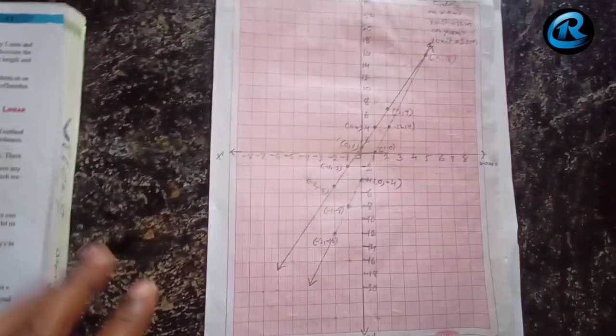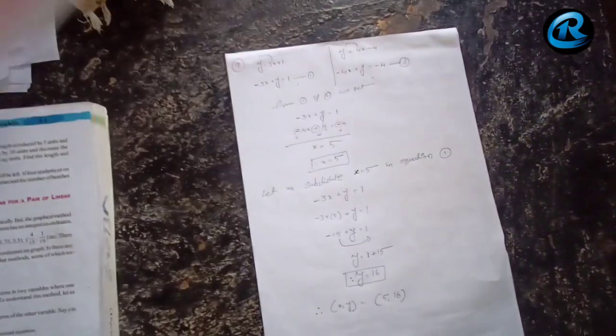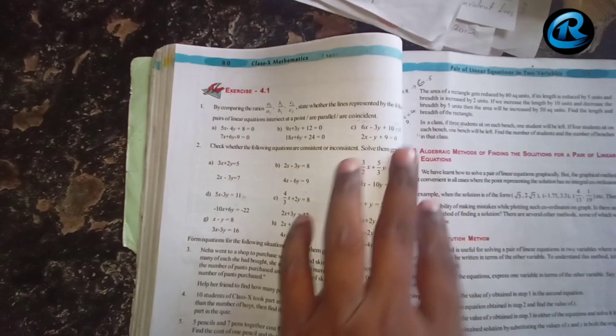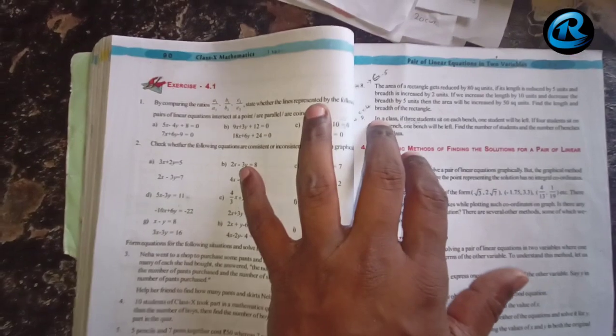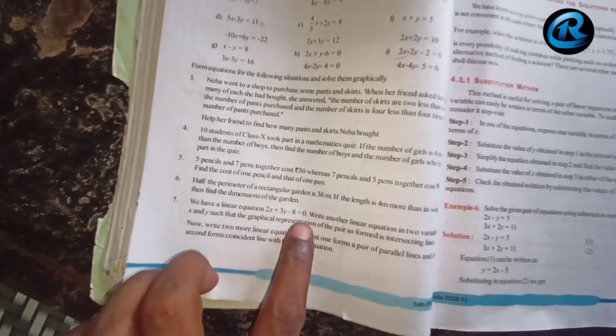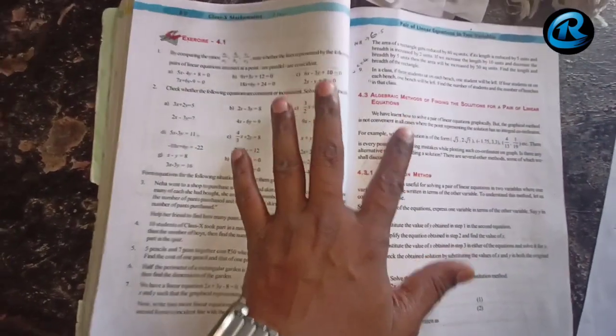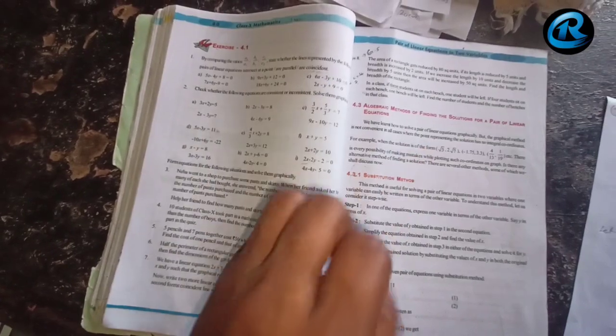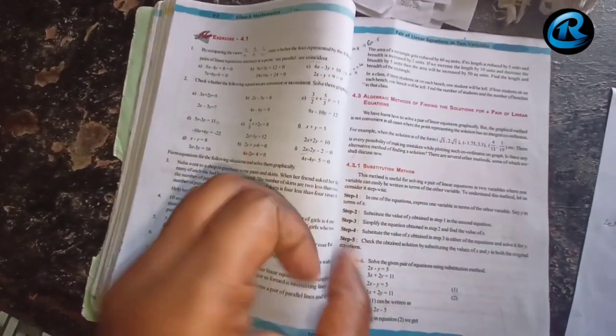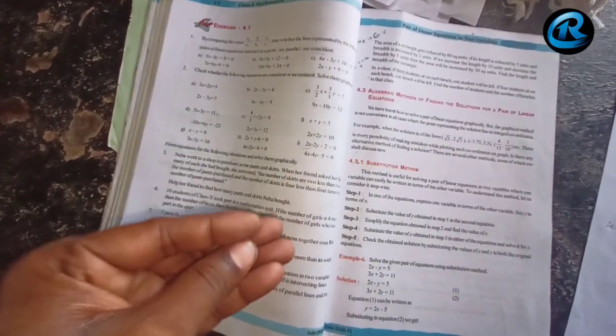See that these are the graphical representations of all these. In bit number 2 there are 9 questions, and questions number 3, 4, 5, 6, 8, 9 I have solved, and for the 7th one I gave some equations. For these equations you have to draw a graph. Practice graphs properly, so that there will be a chance of getting 4 marks definitely in the annual exams. So don't neglect, it is very easy actually. See the graphs and follow the same instructions that I have given now in this video, and go through the graph drawing.